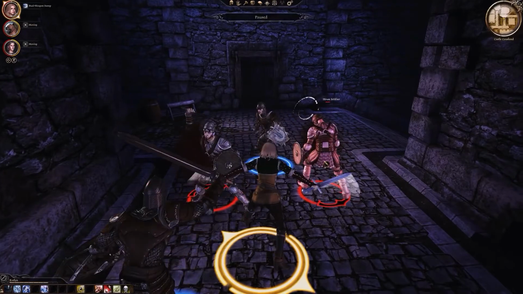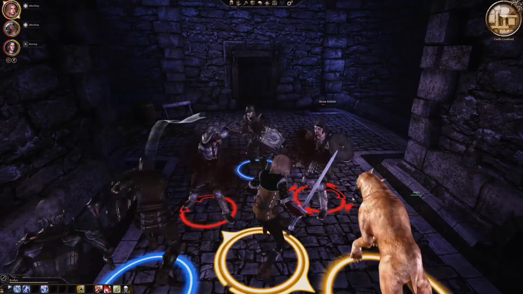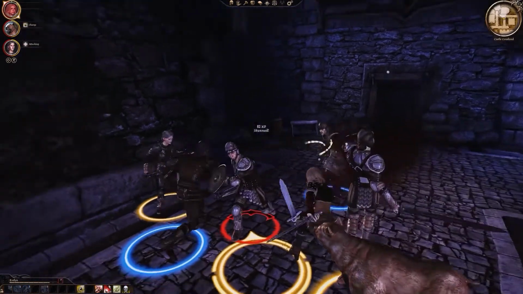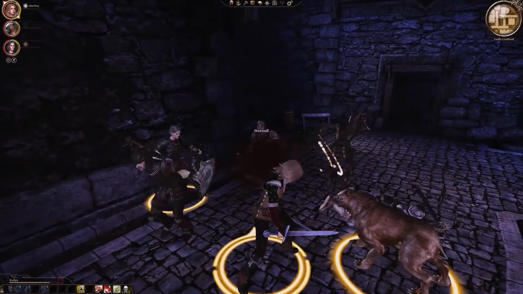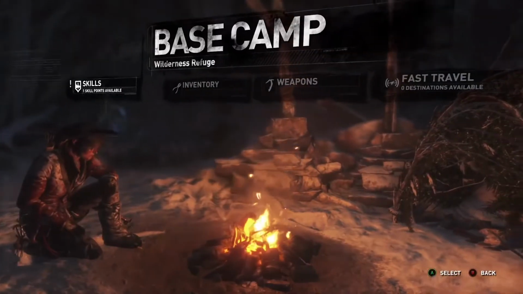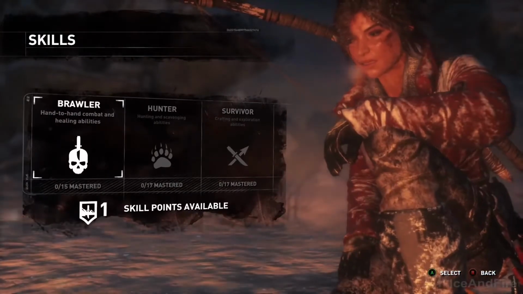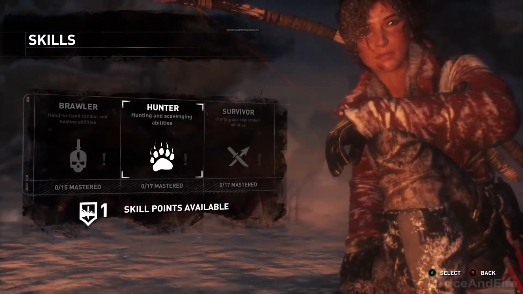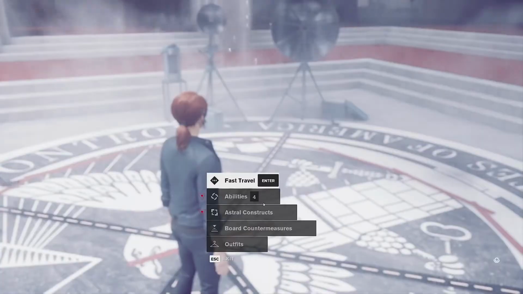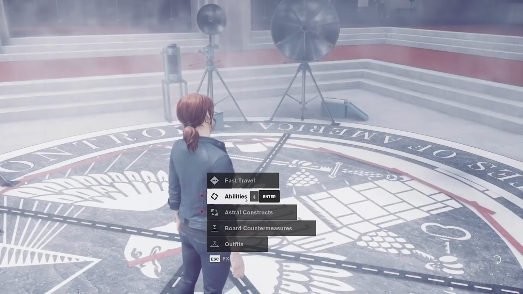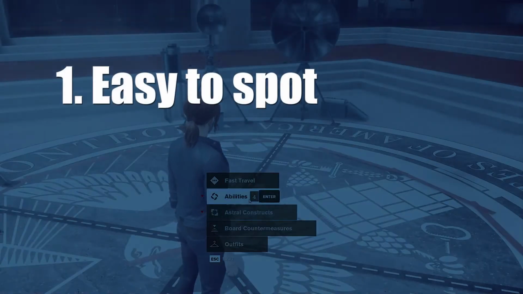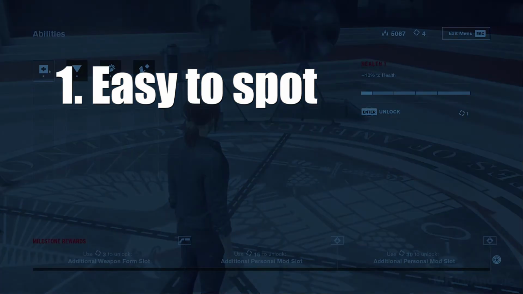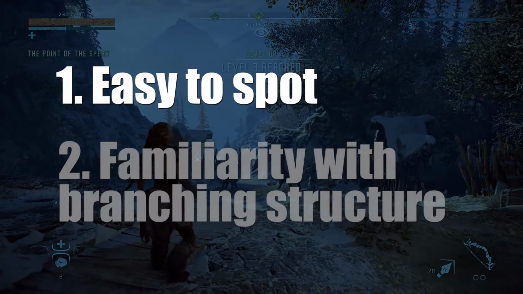Role-playing games always included player choices in story branches, skill trees, open world maps, level ups, class choices, and so on. Slowly though, linear action-adventure games started incorporating a bunch of these systems and mechanics to increase player engagement. They could do that for two reasons. First, it is easy to spot branching narratives. It is obvious both that there are choices and where they occur. But second is that we already